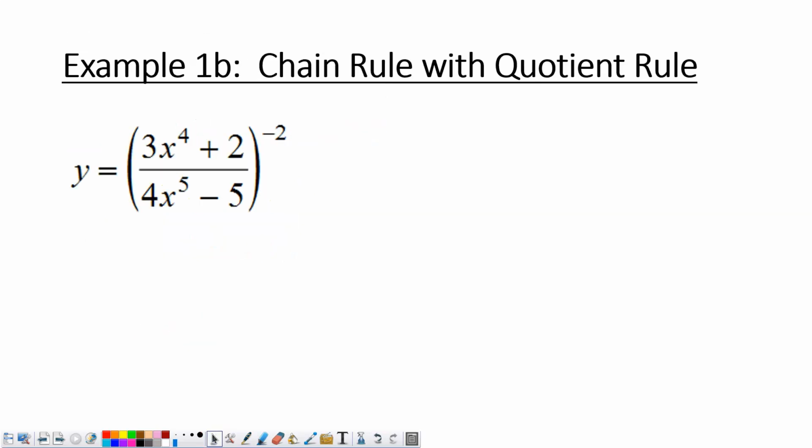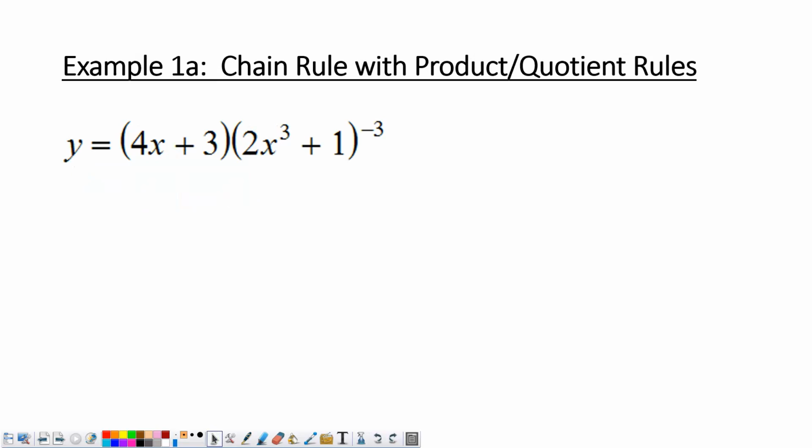Okay? Let's go ahead and take a look at another one here. Chain rule with quotient rule. All right. So now we have two rules to do, right? But the question is, how do we know what to do first? Like, backing up here a little bit, how did I know to do the product rule first and then the chain rule? Well,